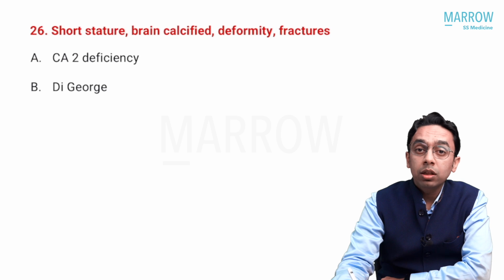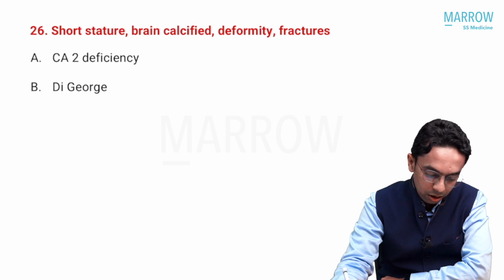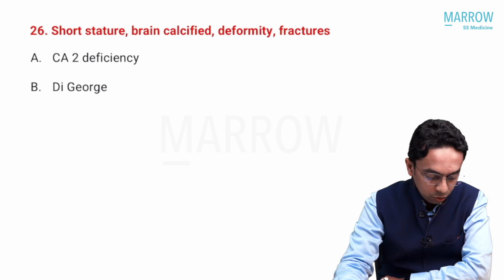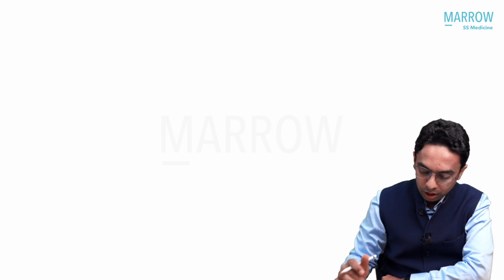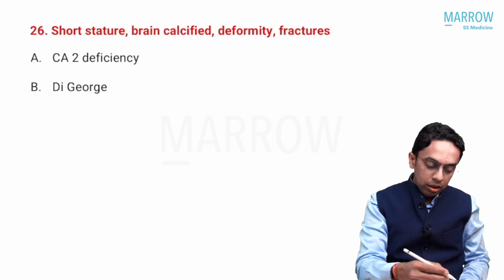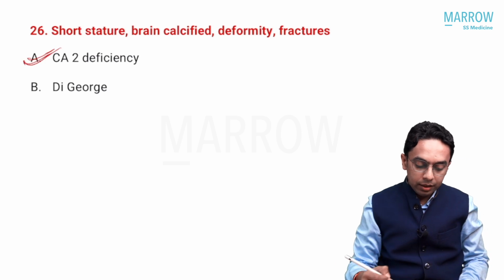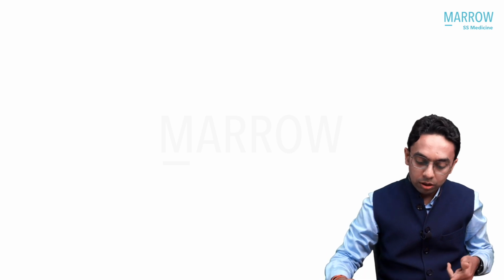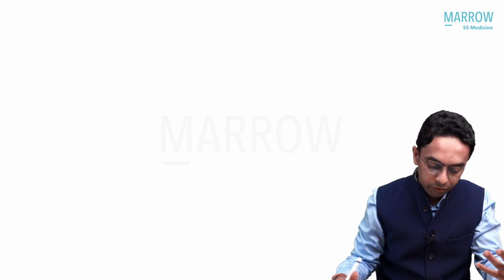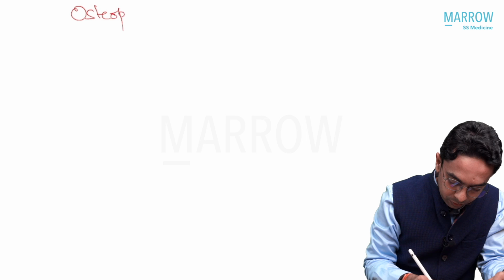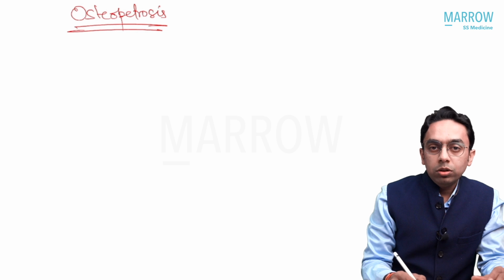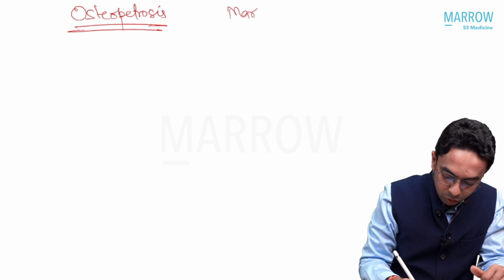Coming to question number 26, short stature, brain calcified, deformity with fracture. So this is a slightly tough question here. The answer for this is carbonic anhydrase 2 deficiency. I believe that most of us won't be able to answer this because it is impossible to remember everything. So this is about osteopetrosis, you know the other name, marble bone disease,